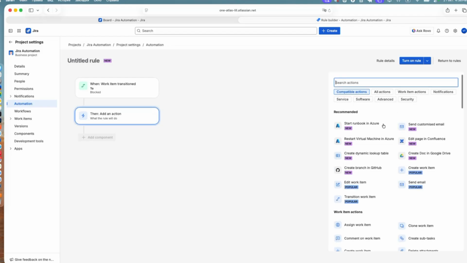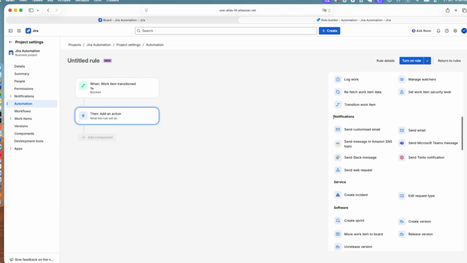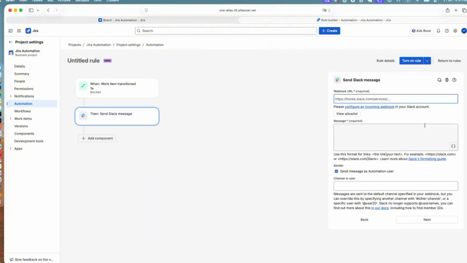And again, we can do this in our actions list. We can find the notification block. And here we have all of these opportunities. So from the box, we have a Slack message send, a little configuration needed, like we need a URL from Slack,